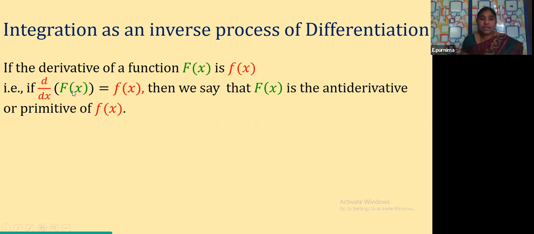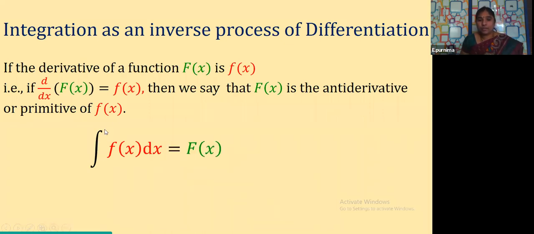of x, then this F of x is called what, children? It is called the antiderivative. f of x is the derivative of this, and F of x is the antiderivative of this. Okay, but it is a vice versa statement, children. And another name for antiderivative is what? It is nothing but primitive also. We can say it as primitive. Okay. Now here, let us see how we write it mathematically.